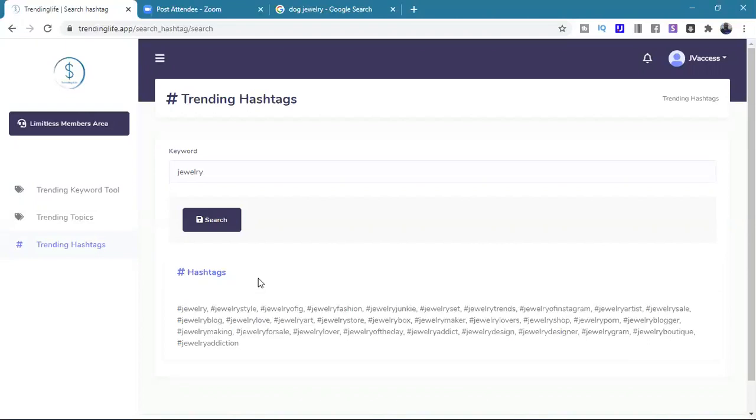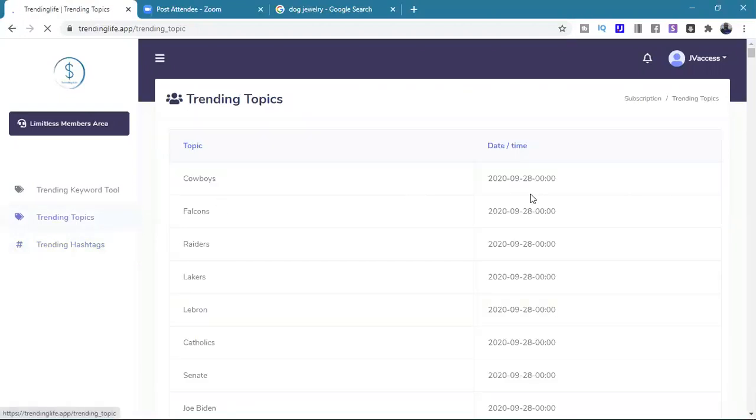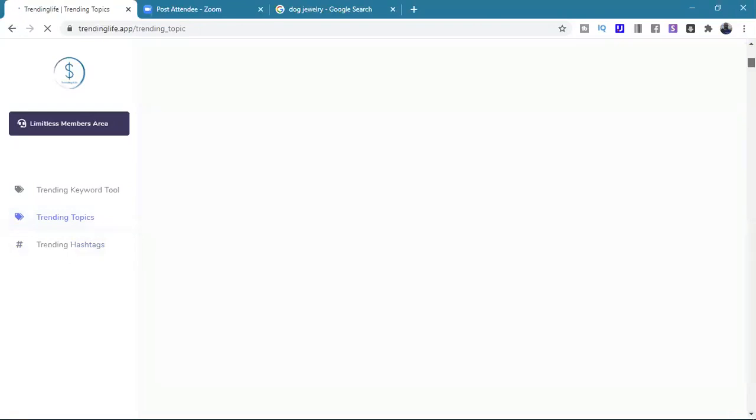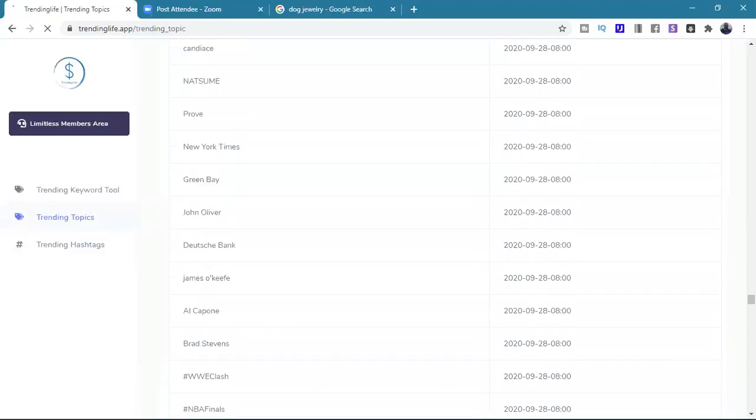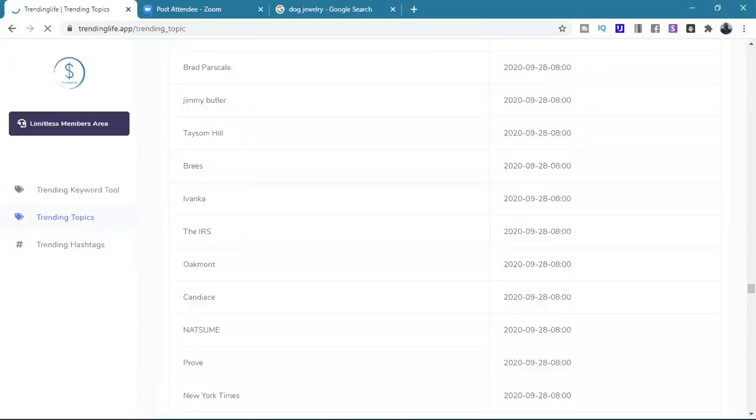these hashtags. So that's the third thing here, and I'm going to go into the second thing here, which is trending topics. And so what you've got here is a combination of, again, what's trending, just different sources. You can see the dates, and again, that's going to give us some ideas. Now, to get the most recent ones, what you need to do is go all the way down to the bottom, and that's going to be the ones from midnight last night. So that's going to be the most recent ones, and there's a treasure trove of ideas with regards to what's